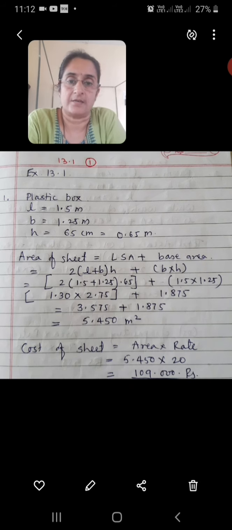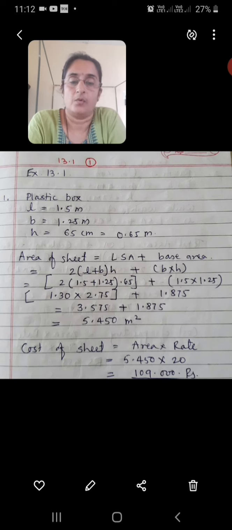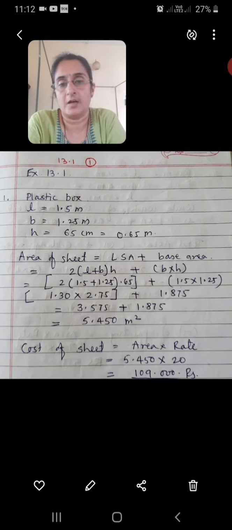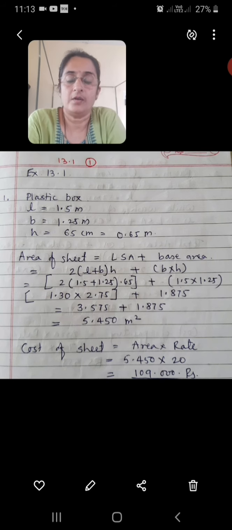Now what is lateral surface area? In lateral surface area we consider only the 4 sides, not the top and bottom. To find the lateral surface area of a cube we use 4a square. To find the lateral surface area of a cuboid we use 2(l + b) multiplied by h, otherwise 2h(l + b). Using these 4 formulas we are going to find the different surface areas and lateral surface areas